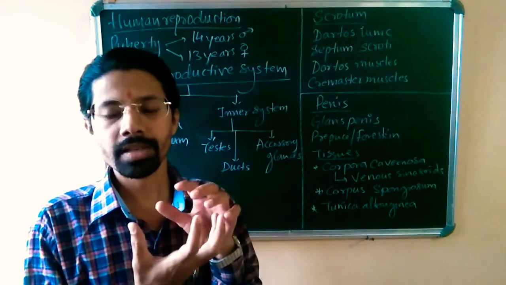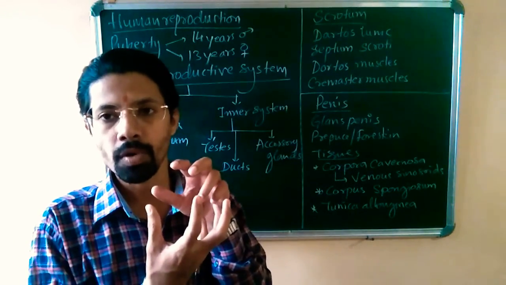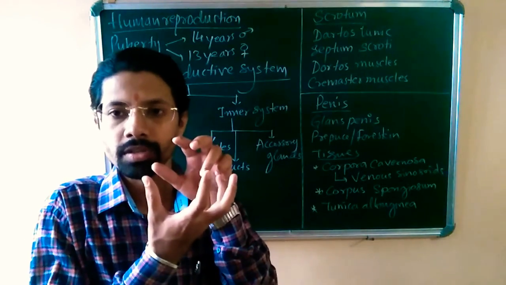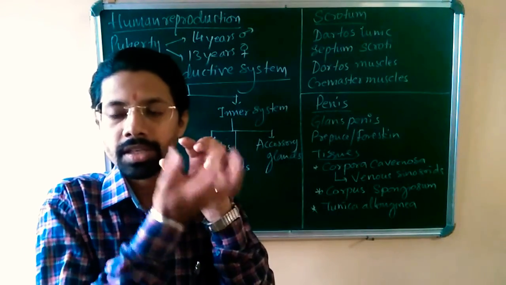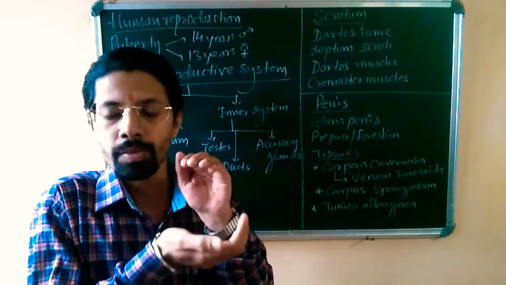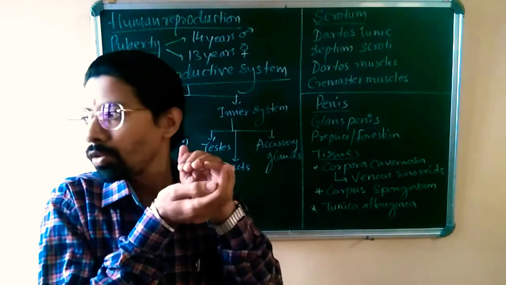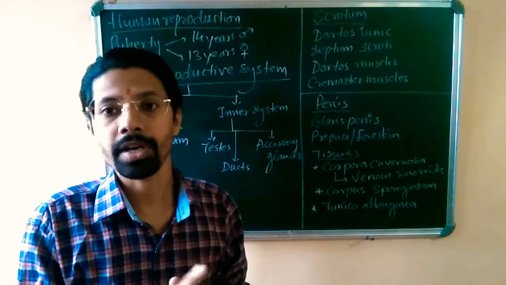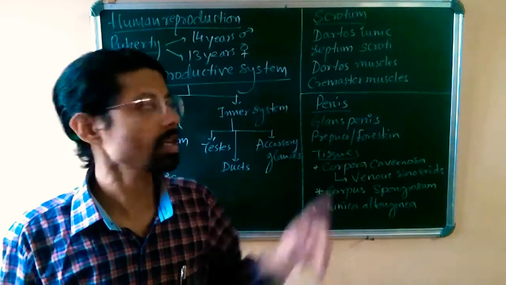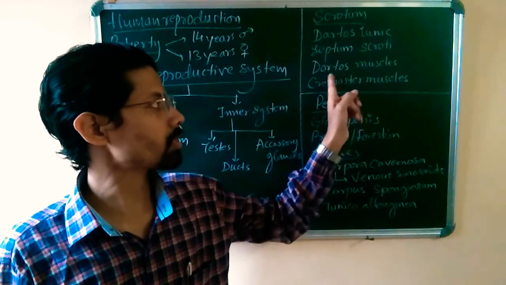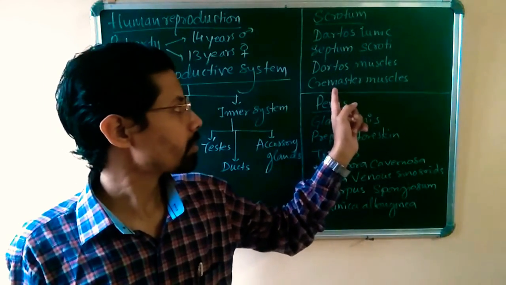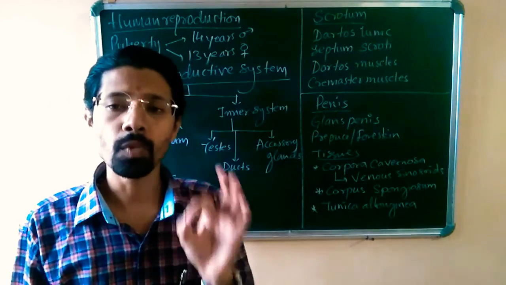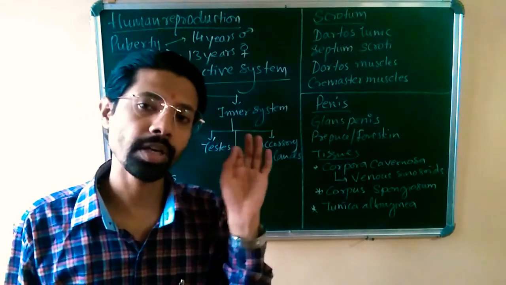So the scrotal sacs can be somewhat extended from the inguinal canal, or somewhat constricted, and the testis can be near to the abdomen. To bring the testis near the abdomen and to move the testis somewhat away from the abdomen, the relaxation and contraction of muscles is very important. This relaxation and contraction is controlled by two sets of muscles called dartos muscles and cremaster muscles. Okay, so dartos muscles and cremaster muscles are important for movement of scrotal sacs to maintain the temperature of testis.